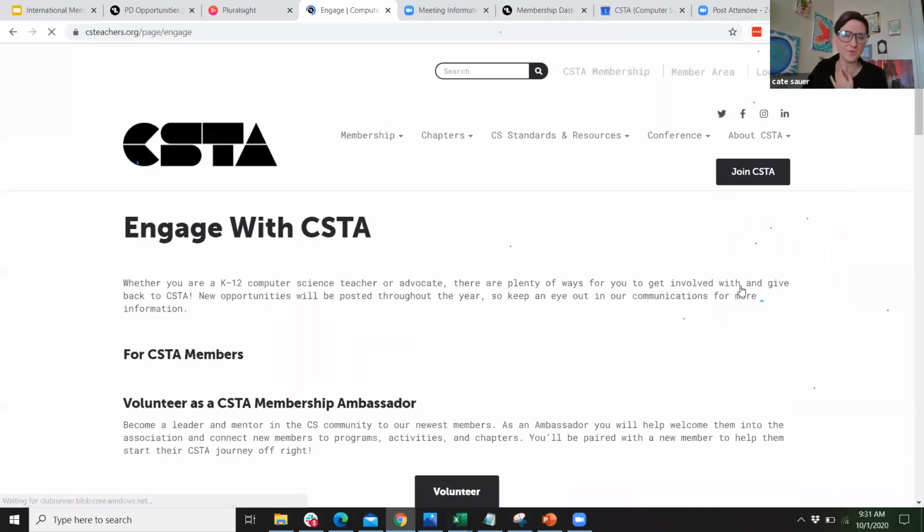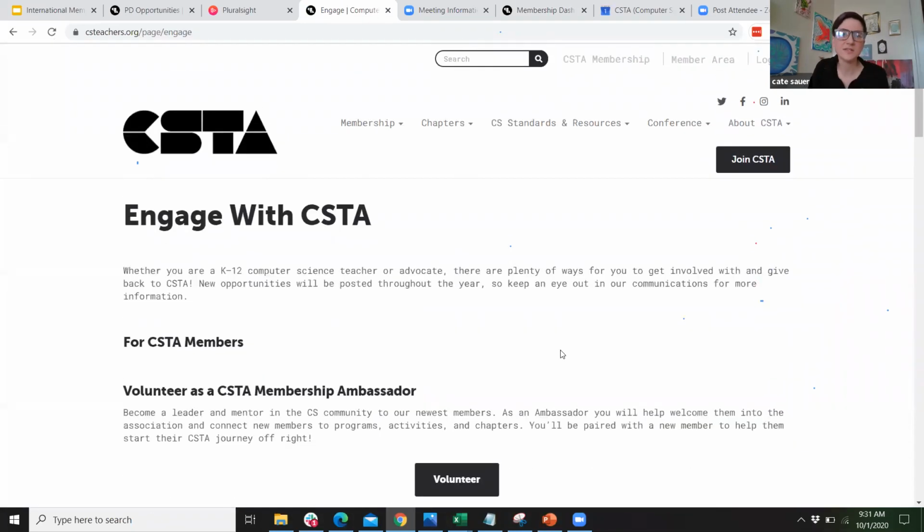This page is fairly new as of this summer, and it's a page to think about if I'd like to get a little more involved in supporting other computer science teachers, or I'm looking to build my resume and I'd like to volunteer a little within the CS realm. This is a perfect place for that, because we have volunteer opportunities anywhere from 1 to 2 hours a month to even more. And especially as we think of our membership, we like to make sure that we're including everyone, right? And that your voice is being heard from different countries and perspectives.